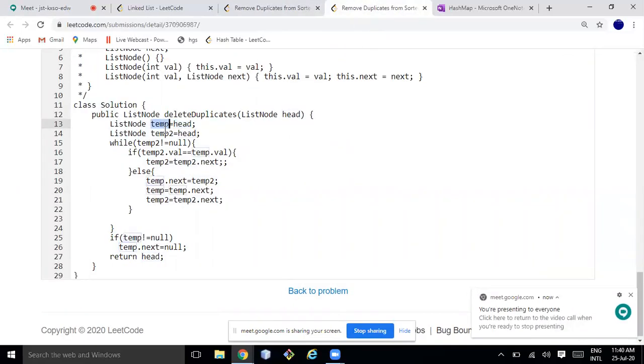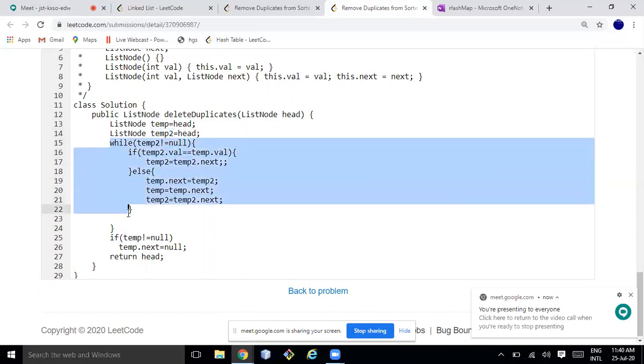I took 2 pointers, temp and temp2. Both are pointing to head only. While temp2 is not equal to null. Assume temp is the slow pointer and temp2 is the fast pointer. So this is my while loop.